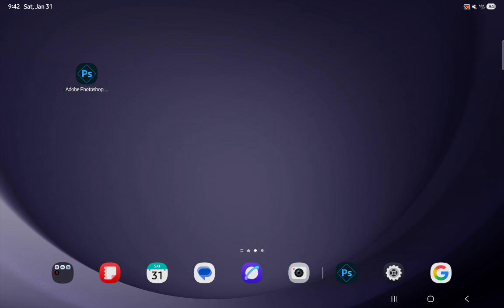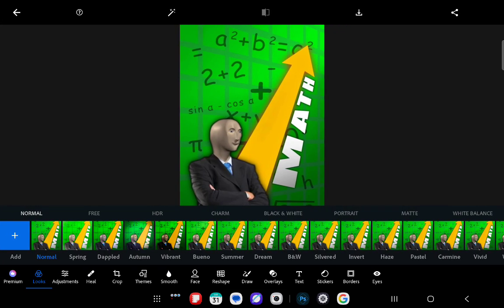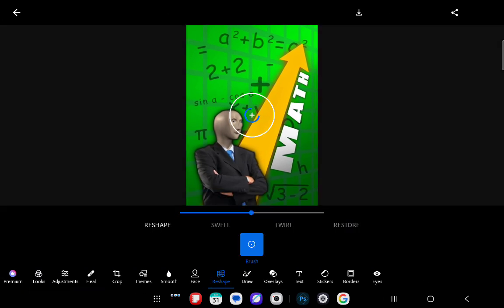The first thing you need to do is enter the app. Once you are done with that and you are on the home page, you can just press on a picture, and after that press on reshape down below, and you can just select where you want to reshape it. You can just simply press on it, and you can just reshape it with your finger, and you can also